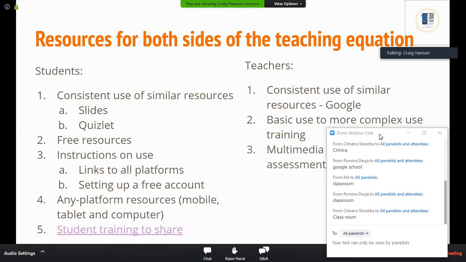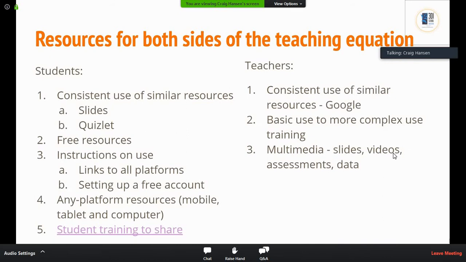So we're going to do multimedia, which means Google Slides, so students can learn at their own pace and move through the slides. Also inside the slides will be videos so that they can learn by seeing and doing and listening. Also, we will have assessments, and we will enable your teachers to collect that assessment data, because the students will learn, then they'll do Quizlet, which will test them.